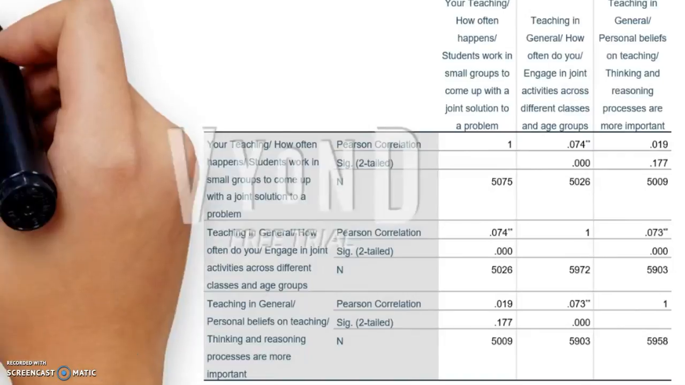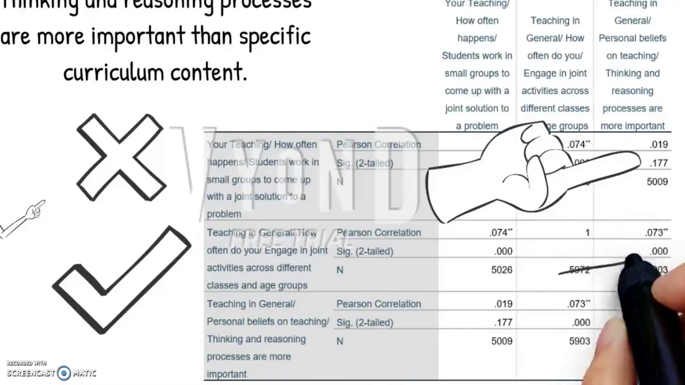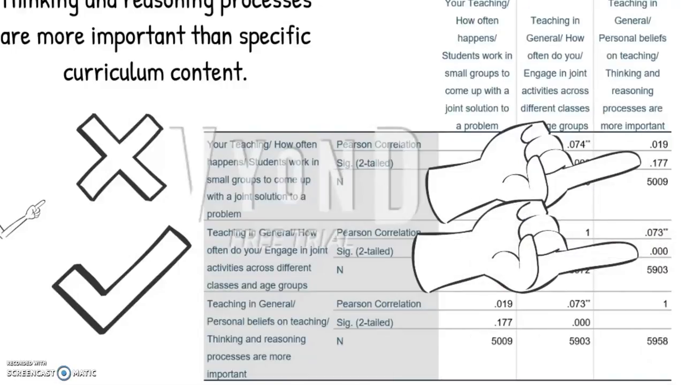And last is TALIS 32 Part D, that thinking and reasoning processes are more important than specific curriculum content. When I ran the correlation with this against the other